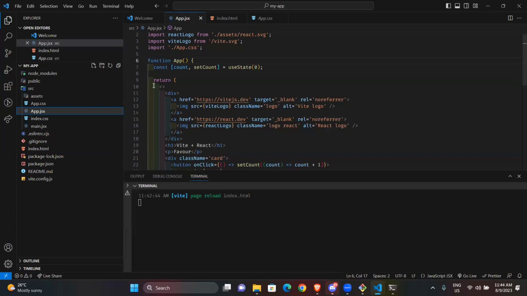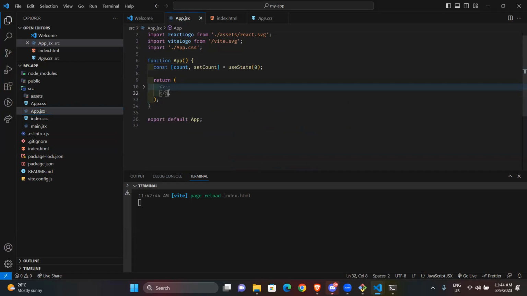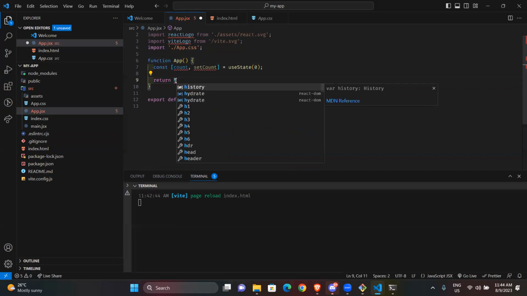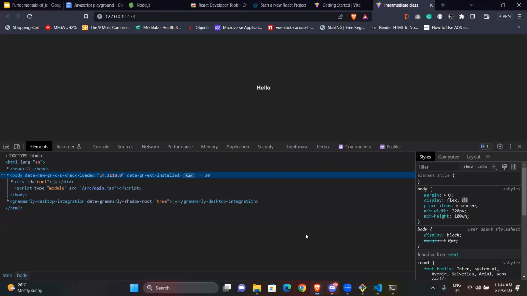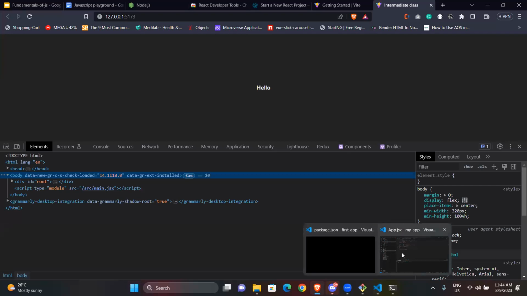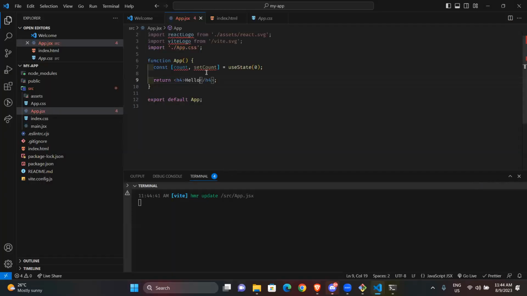When you create a function, you have to return something inside here. So if I remove this, you have to return something inside here. If I do an h4, automatically this will still work, because you always have to return something when you're doing this.